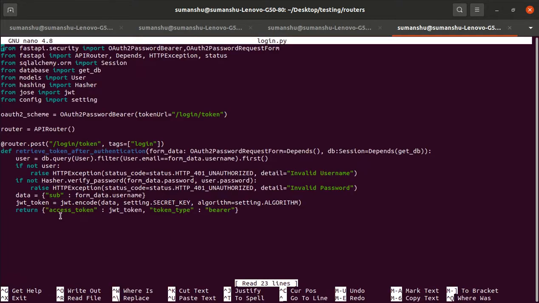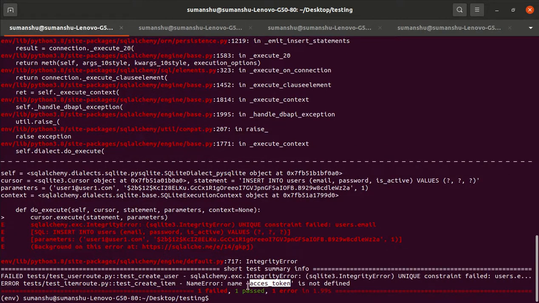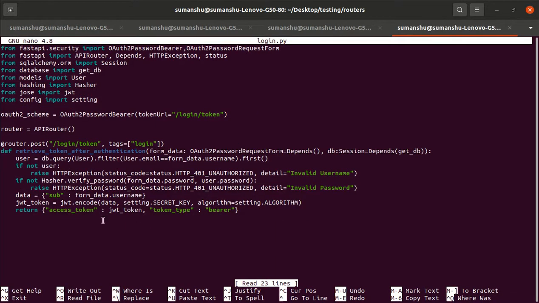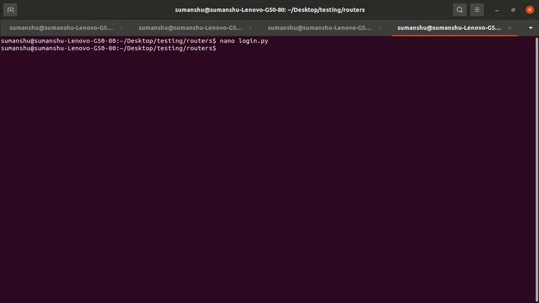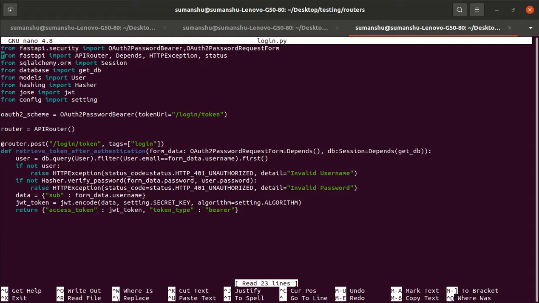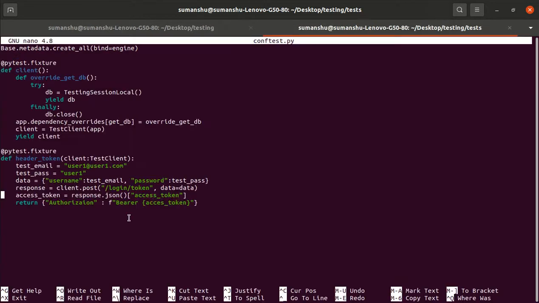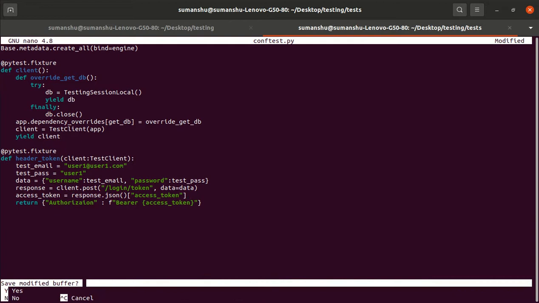Yes. ACCESS. That is okay. Where I am passing this: name error, access token. Name access token is not defined. Okay, we are passing ACCESS.